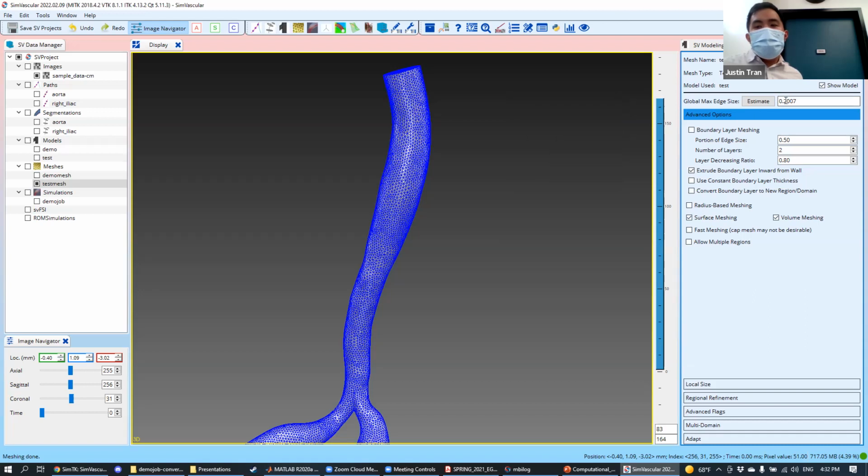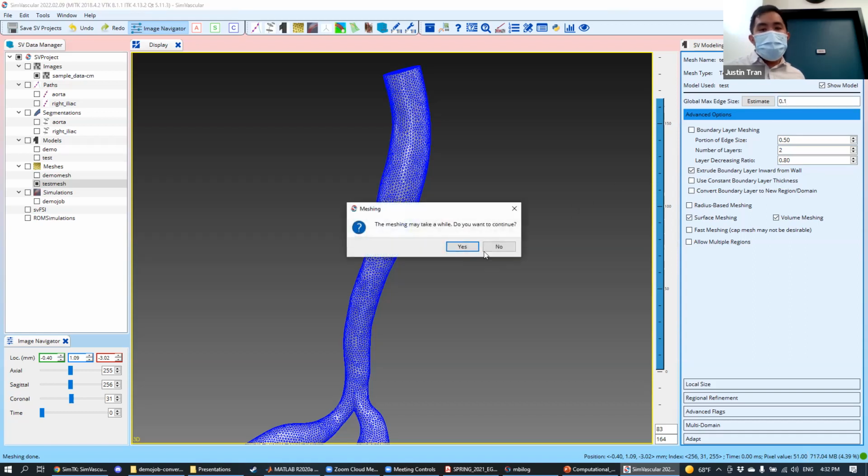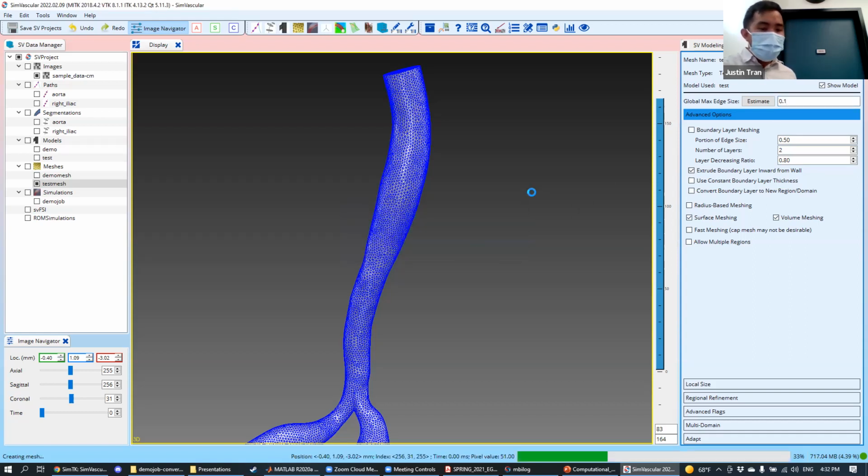And so let's see what happens when I cut this in half. Instead of 0.2, let me do this with 0.1. Okay, right? Generally, if the edge size is half, you might expect your number of elements to double. If your elements are half the size, then it's going to take twice as many elements to fill the space, okay? Let's see if that's the case, and let's see if my computer doesn't die as